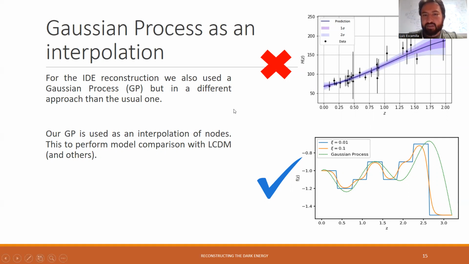So in a similar way to the other graph I showed you, here we have a comparison between the beans, also the blue and orange ones, and the green line. In this case, it's not an interpolation with spline cubic or straight lines. We are using here a Gaussian process to perform the interpolation.